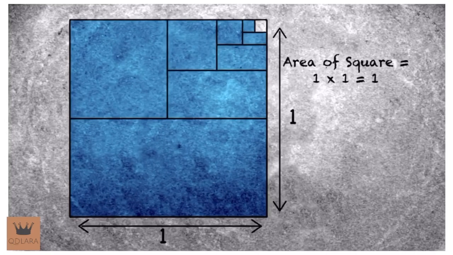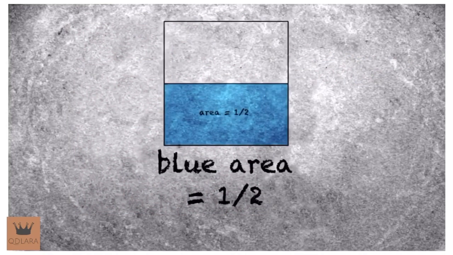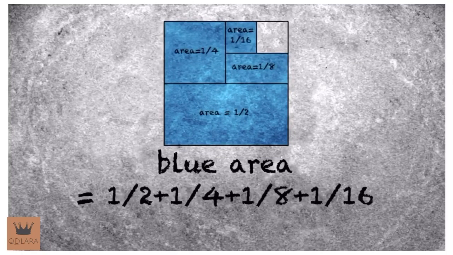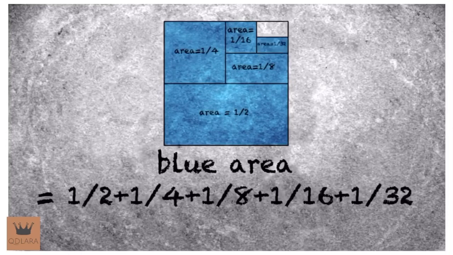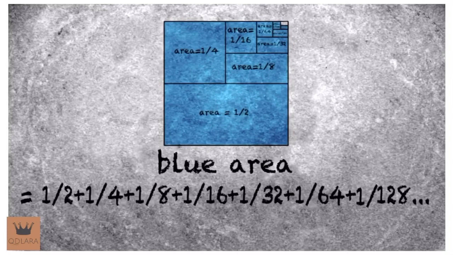While doing this, let's keep track of the areas of the pieces. The first slice makes two parts, each with an area of 1/2. The next slice divides one of those halves in half, and so on. But no matter how many times you slice up the box, the total area is still the sum of the areas of all the pieces, which is 1 square meter. Now you see the logic of Zeno's dichotomy paradox. As the number of chops approaches infinity, the entire square becomes covered with blue. But the area of the square is just 1 unit, and so the infinite sum must be equal to 1.